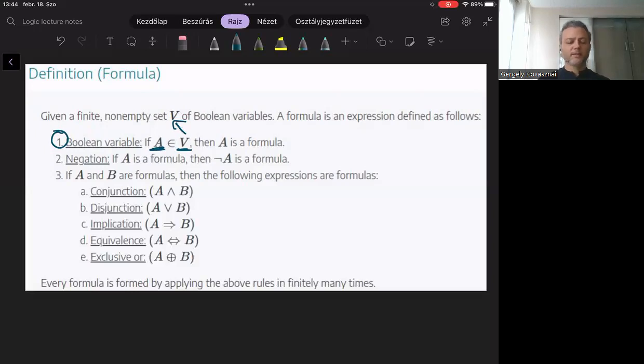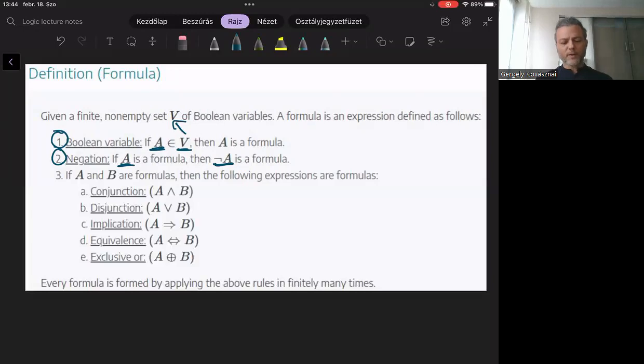Okay, what's next? Well, let's start using the connectives we have learned about. We learned about 6 connectives. Negation is the easiest one because it has only one operand, and this is actually defined here. So if you take a formula A, which is already a formula, a statement, then you can put the negation operator in front, and what you get is also a formula, of course.